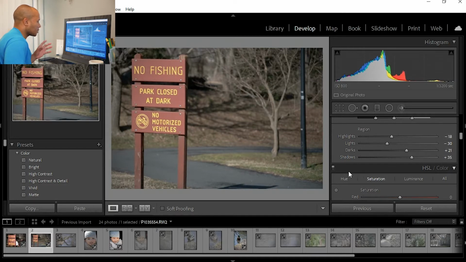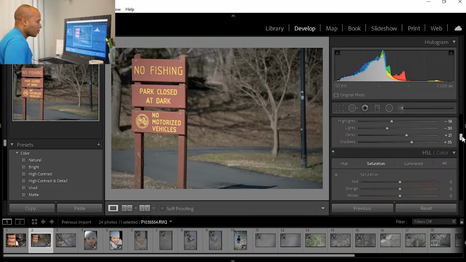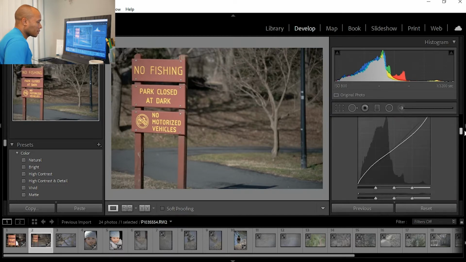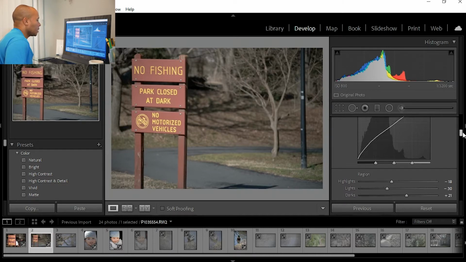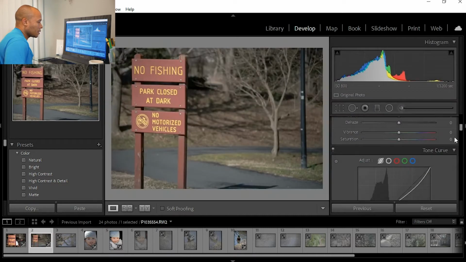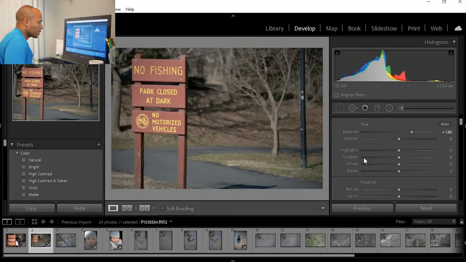So basically, I like the starting point, and then I come here, and as you can see, that region basically mess with the tone curve. So that's what I like to do. I kind of like to adjust my tone curve of photos first, and then jump into right here with the tonality, the first tonality, which is exposure, contrast, highlight, shadows, and whites and blacks. So here we go again. What I'm gonna do here